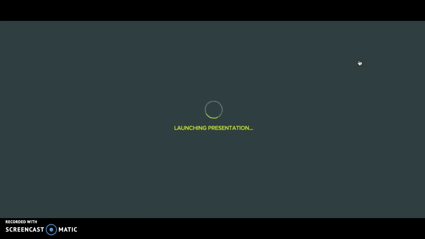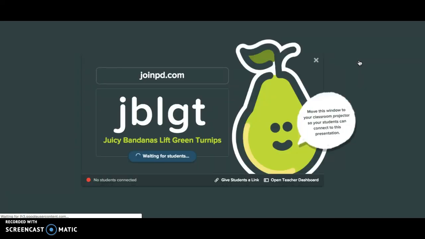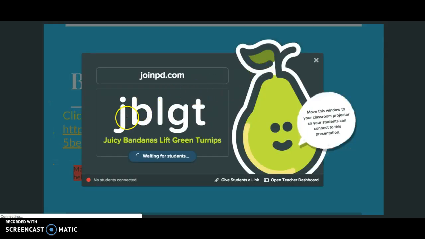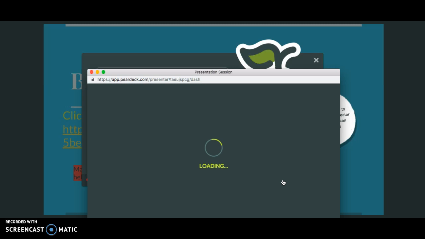And so it's launching here. Once it loads, every student can go to joinpd.com and then they type in this code. Or you can just give the students a link, which I usually do. I attach the link to our Google Classroom, which makes it a lot easier. And if I open up the teacher dashboard,